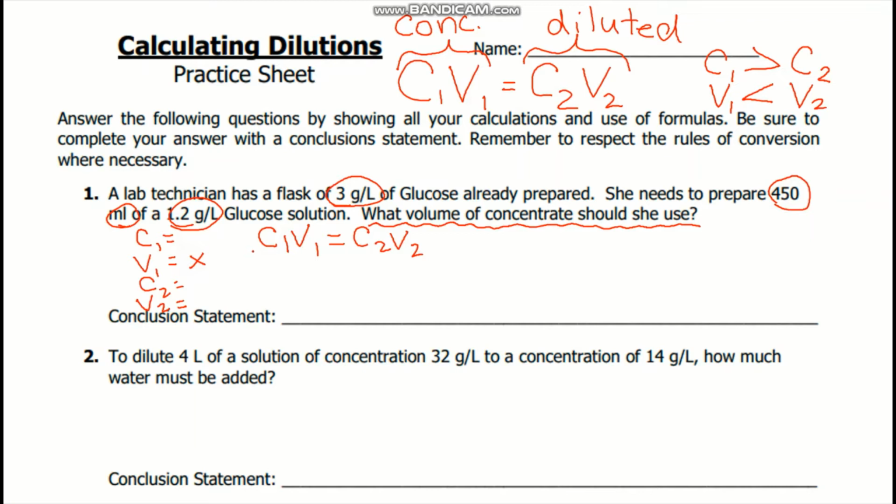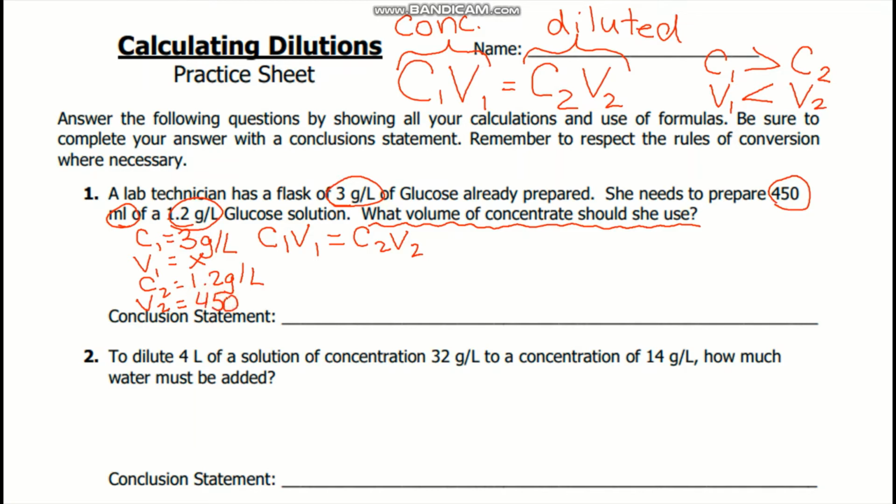Given this, we're going to place the remaining variables. And according to our rules, which of these two concentrations are in fact greater? Once we determine which one is greater, we know that that corresponds to C1. So 3 grams per liter is greater, therefore it goes at our C1 position, and 1.2 grams per liter is the less greater one, if that makes sense, goes to our C2 position. Then, because she's preparing a solution that has a quantity of 450